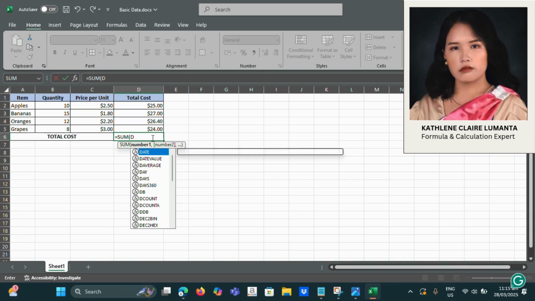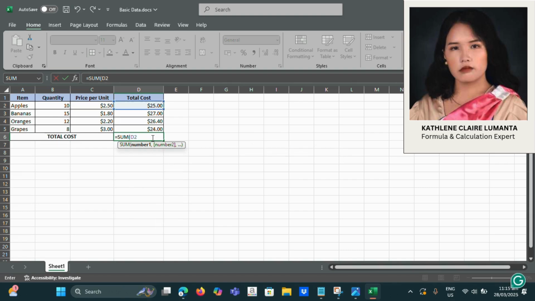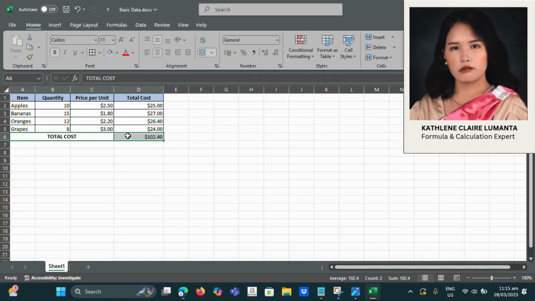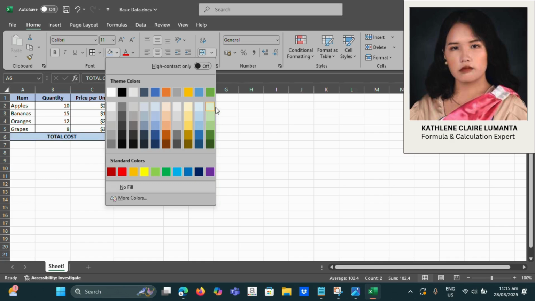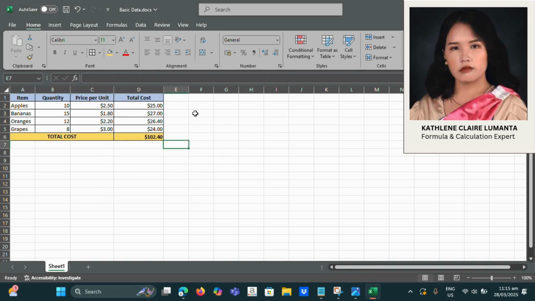Then on the right side, we will enter the formula equals SUM open parenthesis D2 to D5 close parenthesis, and this function automatically adds up the totals from each item row, providing a quick calculation of the total cost of all the items inside the table. Then we can add some colors by